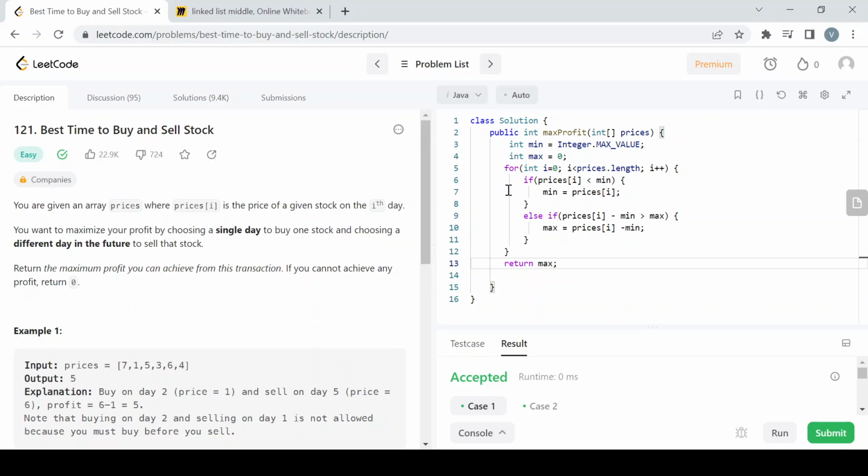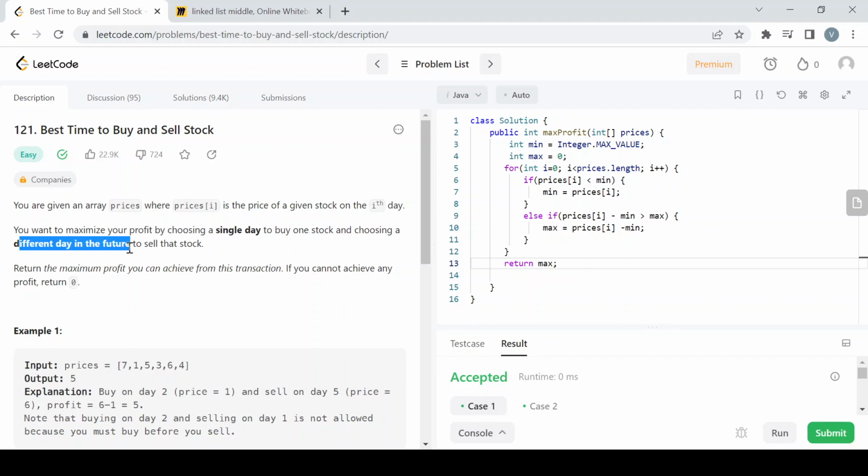Today we will see another LeetCode problem, that is Best Time to Buy and Sell Stock. It's an easy level problem. So we are given an array prices, where each price is given for a stock on the ith day. We have to maximize our profit by choosing a single day to buy one stock and choosing a different